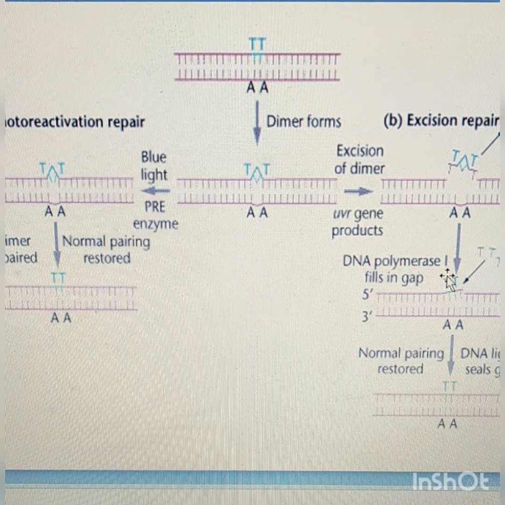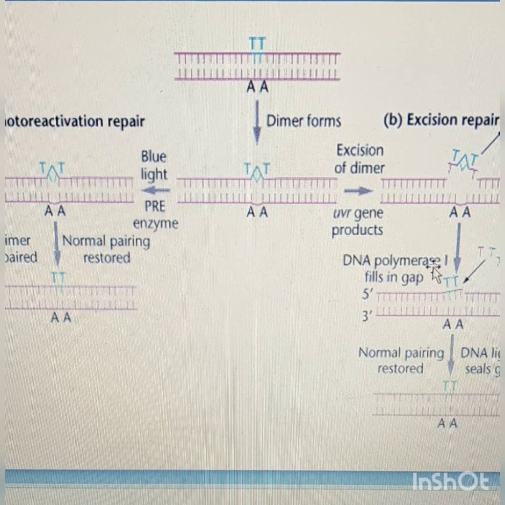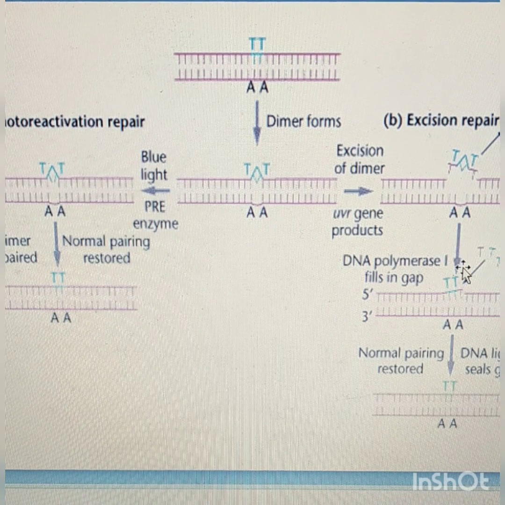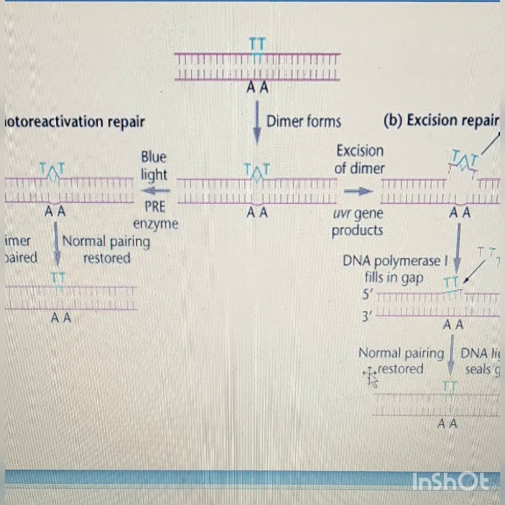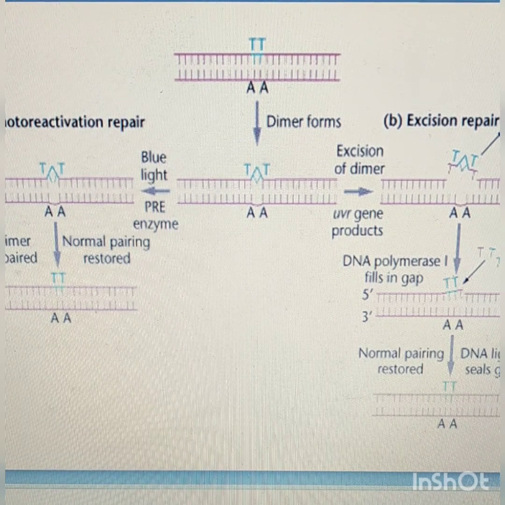The DNA polymerase is a type of enzyme that is responsible for forming new copies of DNA in the form of nucleic acid molecules. DNA polymerase was purified by Arthur Kornberg in 1955 from E. coli, now known as DNA polymerase 1. So DNA polymerase 1 is called the Kornberg enzyme, and after that DNA ligase seals the gap and normal pairing is restored.